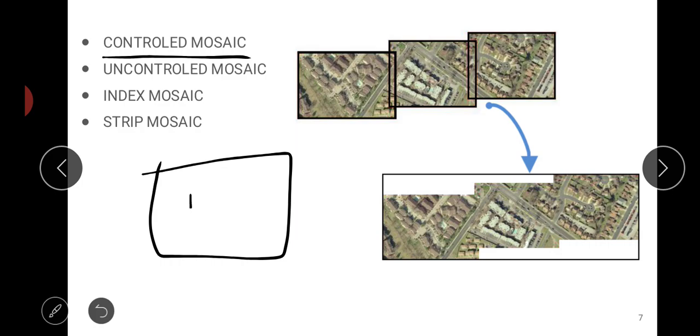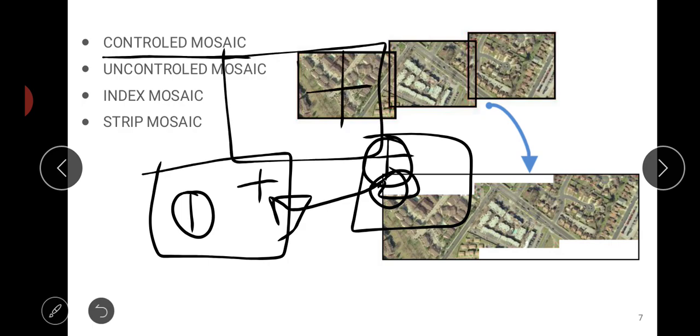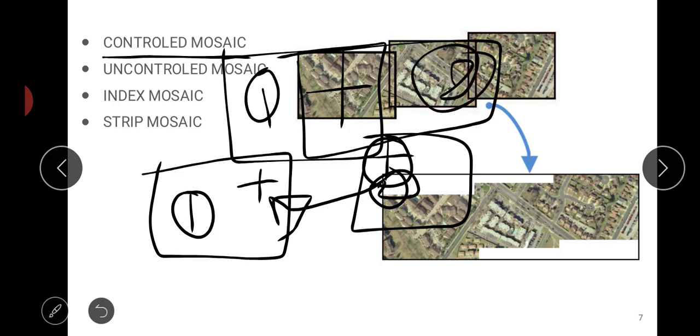If this is the first image and this is the second image, it has a control point somewhere here. In the second image, as a continuation, this ground control point is visible here also. Controlled mosaicing is where this ground control point and that ground control point overlap with each other when these two photos are merged. That is called controlled mosaicing.